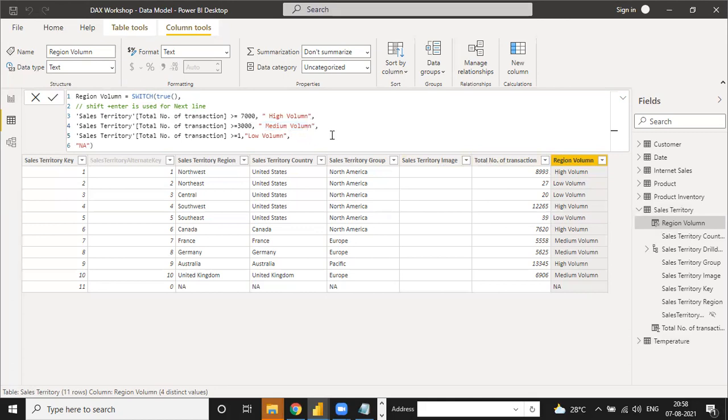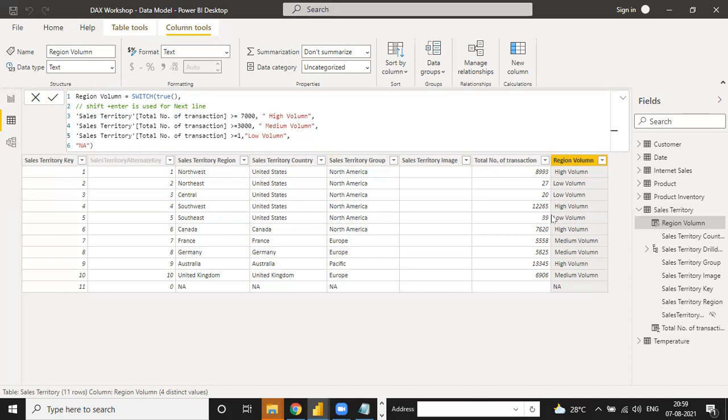Because when you put it in Excel, you have to maintain here less than or greater than, less than or equal to. But I choose the same thing again and again. Why? Because in Excel the condition changes every time, but in Power BI the condition is not changed, because Power BI disables the first condition after the result. Means Power BI is working row by row. The first value it searches, if it is 7,000, the value is High. Second value it searches, if the value is 3,000, then, sorry.